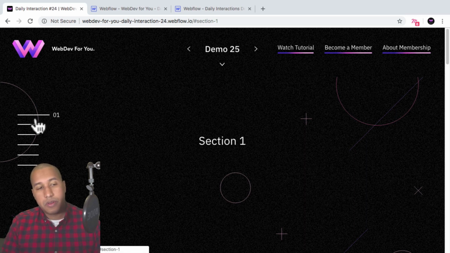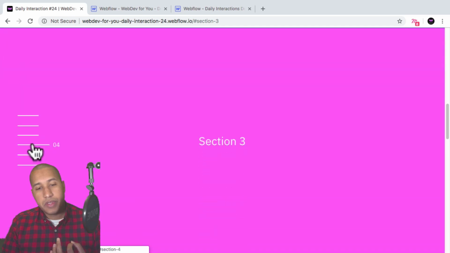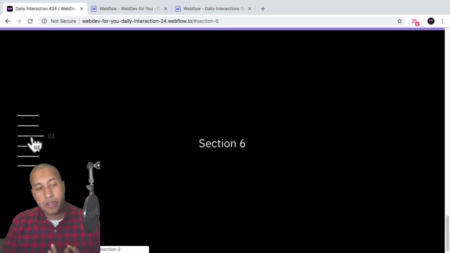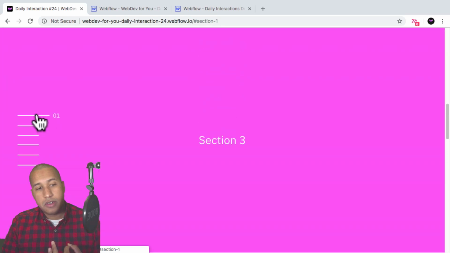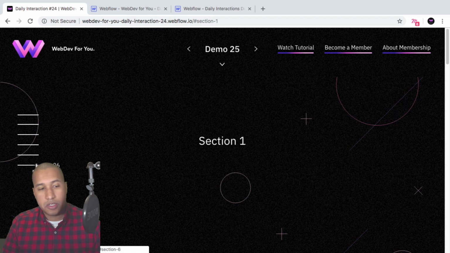So here to the left, when I hover over these lines, we can see they expand and they reveal a number. So we have 1, 2, 3, 4, 5, and 6. If I click on any of these menu items, it takes us to the different sections of the website. All right, looks good. So it can be a nice way to let users know that they can scroll to different sections of the site, and it has a nice animation here, so when the user hovers, the line expands